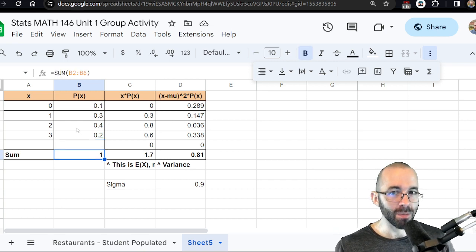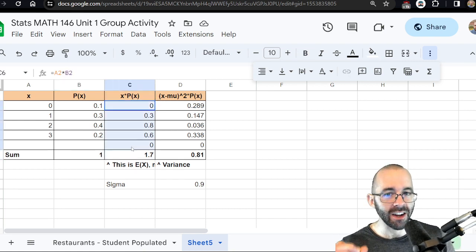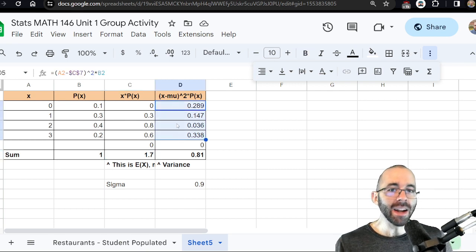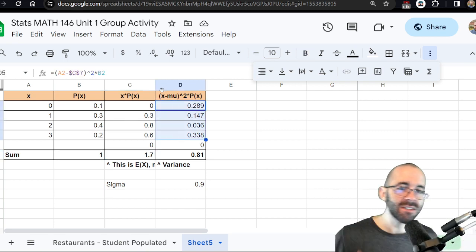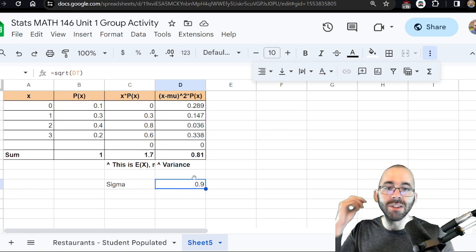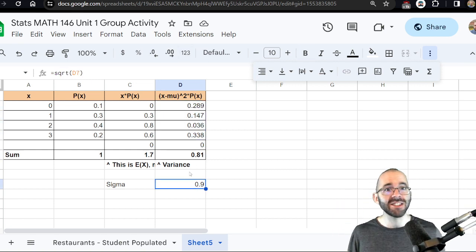All right, we checked that our probabilities added up to 1. That's good. It automatically calculated all of our x times p of x. It already added them up. It automatically calculated all the (x minus mu) squared times p of x. Added all of those up, we have the variance, and we took the square root, and we already have the